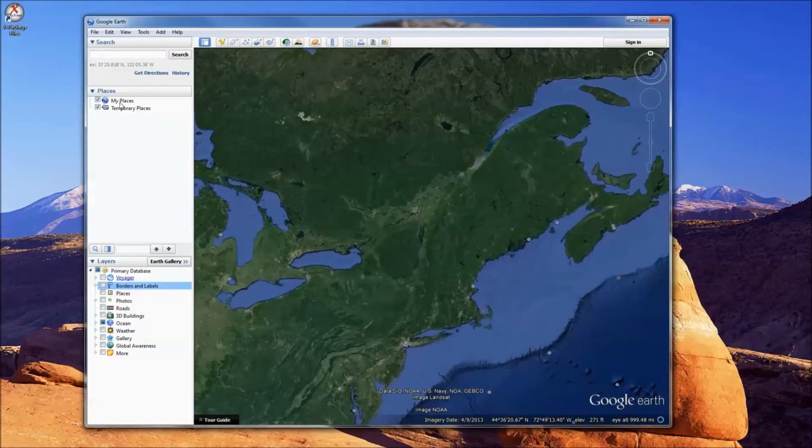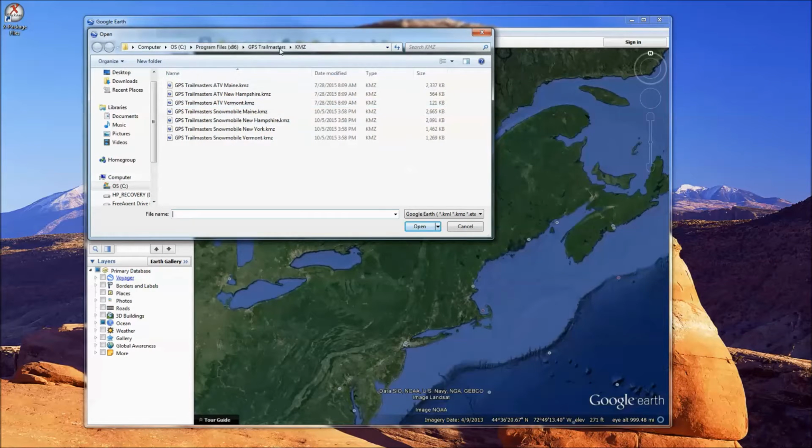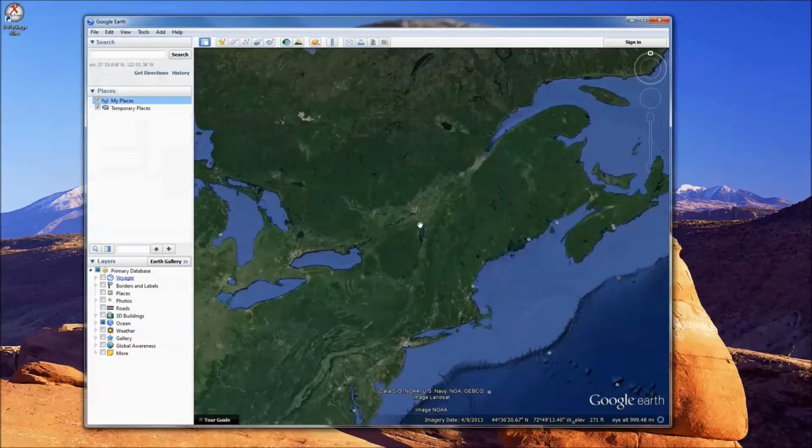So the first thing we'll want to do is select My Places, otherwise the files will likely go into temporary places. So we'll go up here and we'll say File, Open, and you'll have to navigate to the GPS Trailmasters folder's KMZ folder using the X Package shortcut. But once there, we can select multiple files and we'll open those